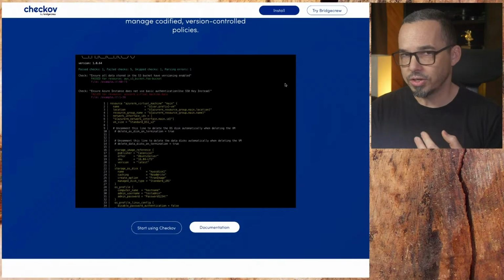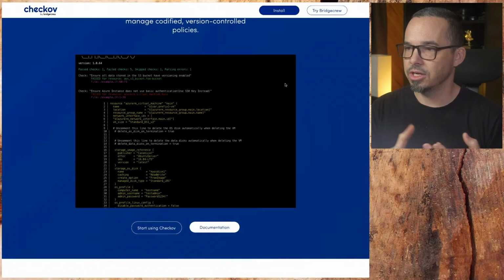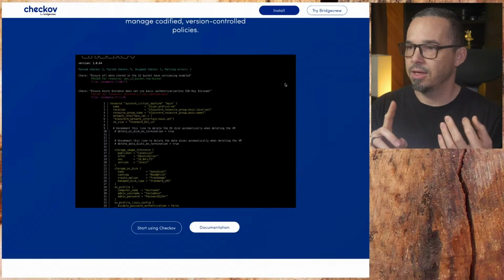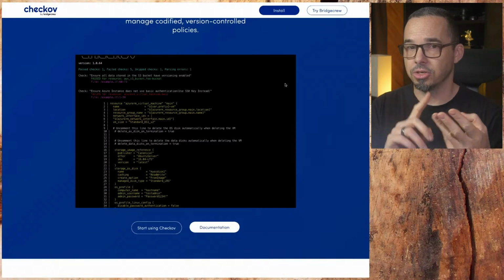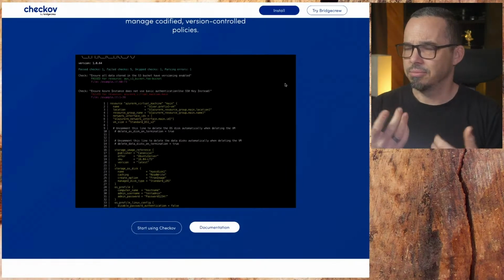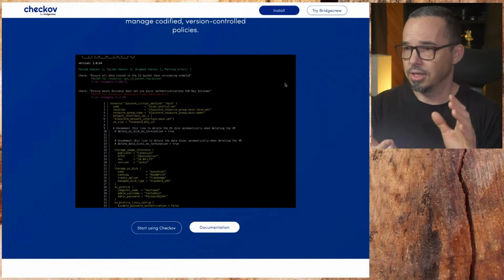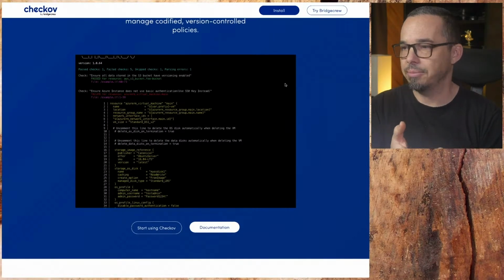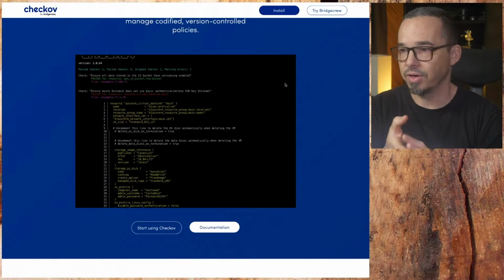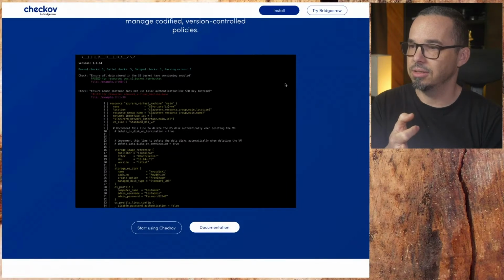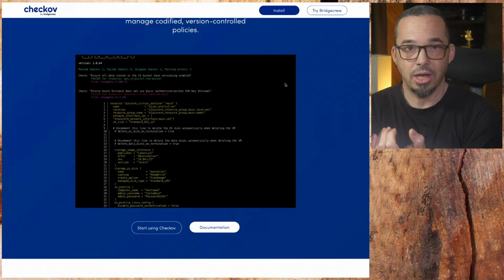It has over 400 checks. It covers security and compliance for AWS, Azure, and GCP. It'll scan Terraform, CloudFormation, Kubernetes, serverless frameworks, and ARM template files. It will detect EC2 credentials in EC2 user data, Lambda environment variables, and Terraform providers. It'll output a CLI, JSON, XML, JUnit XML, and then includes links to remediation guides, which I think is really